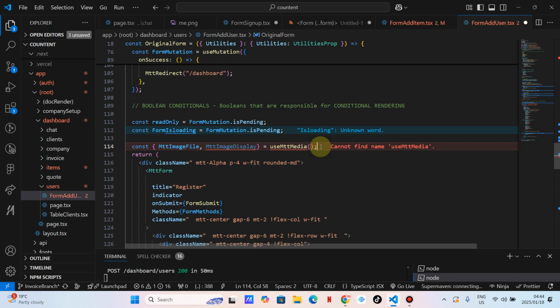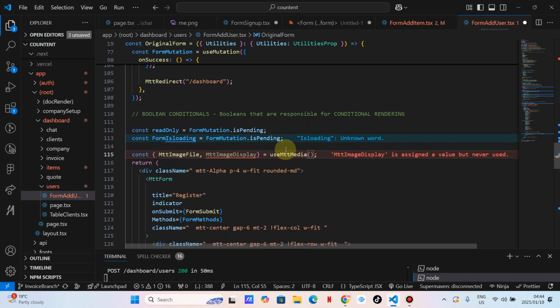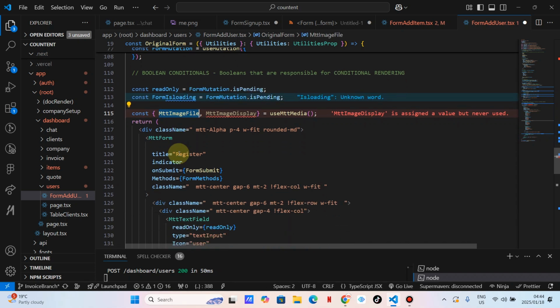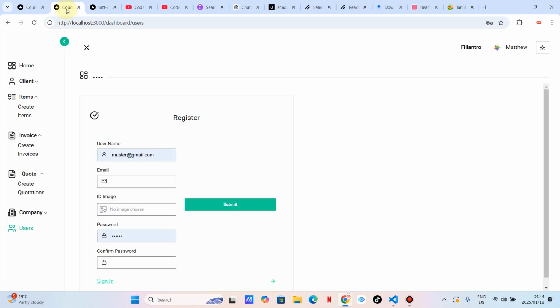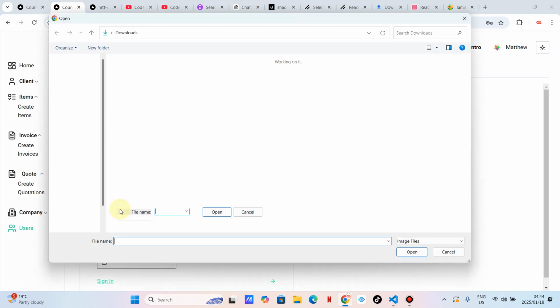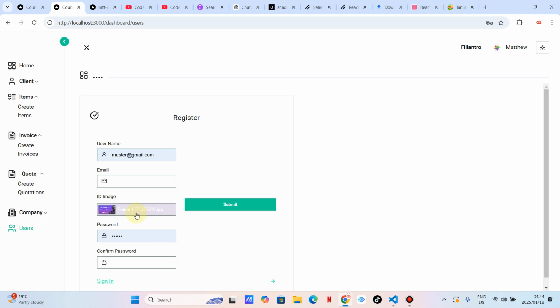Okay, is this in the right place? I believe so. So let me just import this. Because I've got useMetaDia, I can use Meta Image File. And I think that's all. Let's go back here and check. As you can see, guys, I can add an image. And that is it. Just a few copy and paste, and I can add an image